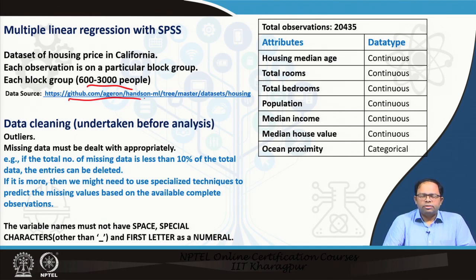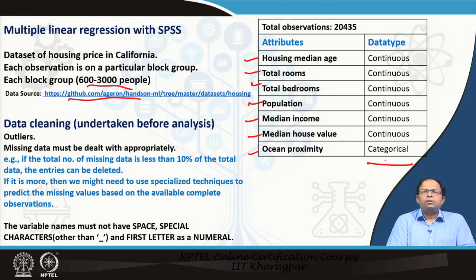So, this is a free data set which you can also use, and the attributes that are being considered are housing median age, total number of rooms, total bedrooms, population in that particular block, median income, median house value. These are average income, average house value, and ocean proximity, how near that particular block is to the ocean, and these are average age of buildings, rooms, and so on. So, these are all continuous data. Only one attribute, ocean proximity, is categorical. Ocean proximity basically means how near to the ocean. So, 3 categorical variables have been used for that.